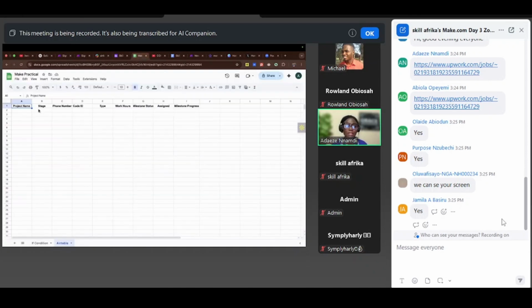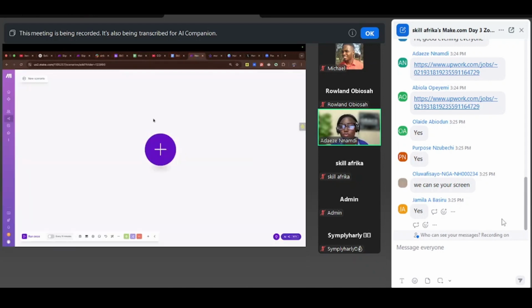He wants this to be the client's name, not project name. He also wants the code ID and the phone number. He doesn't want everything joined together. How are we going to break those three things joined together into three places so that they fit where they're supposed to be? Now, what we are going to use is a set